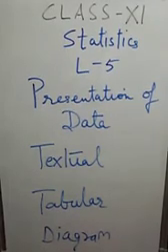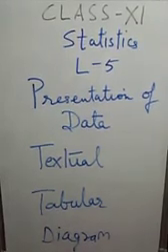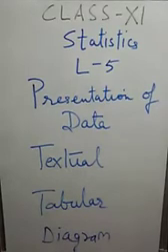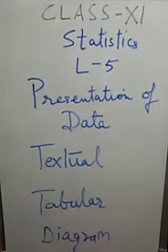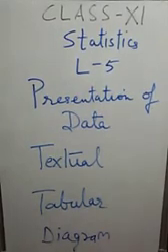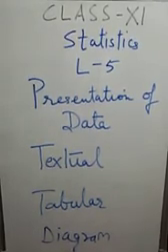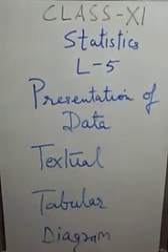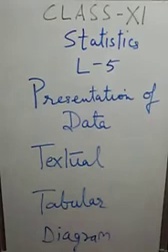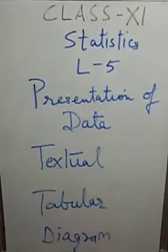A statistical table is a systematic organization of data in columns and rows. Now, what are the components of a good table? We have studied various topics in a tabular manner, and there are certain components which a table should possess, like table number. First of all, the table must be numbered. Then comes title. A good title is short but complete in all respects,